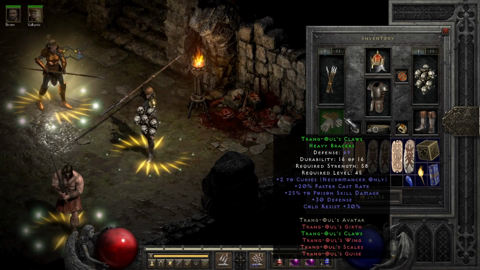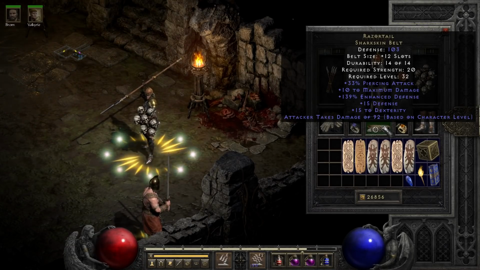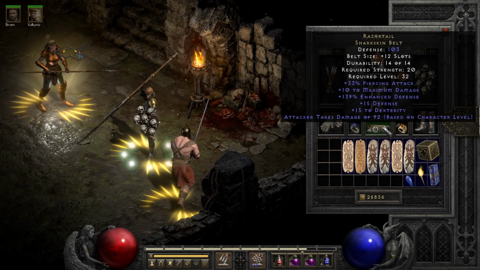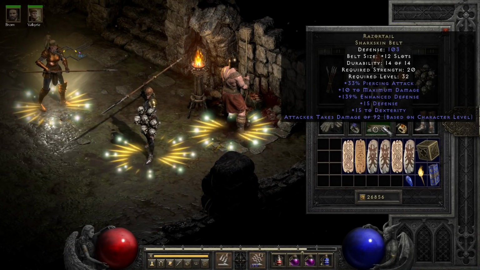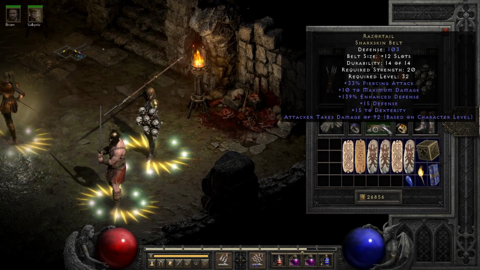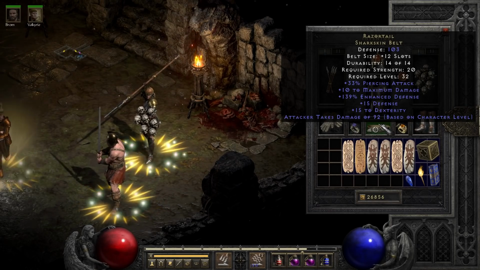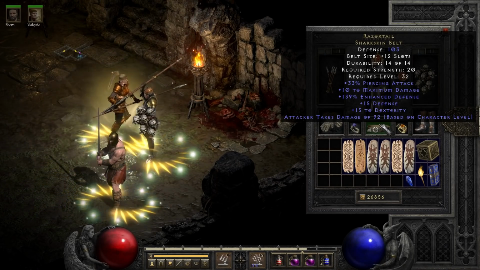Belt wise, as you may have guessed from the earlier mention of 100% piercing, we are using Razor's Tail, which stacks with our piercing skill to reach 100%. It also has some nice other mods that help us out like Dexterity and Damage Reflect, but they're not entirely necessary. One thing to note is this is to merely give us a chance of pierce, but you will notice